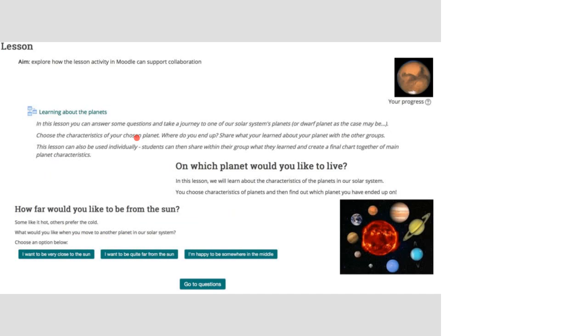Yes, and then we get to one of my favorite activities in Moodle, and people who know me know that I love this activity. So I got to make a branching lesson, and we actually used that to make it a fun activity where people learned something at the same time. As you can see on the bottom, it says, on which planet would you like to live? And so we had a number of branching questions where they could